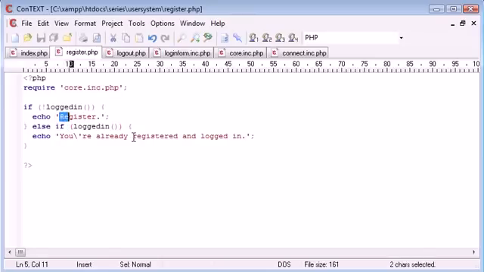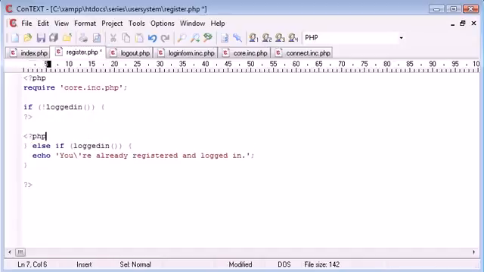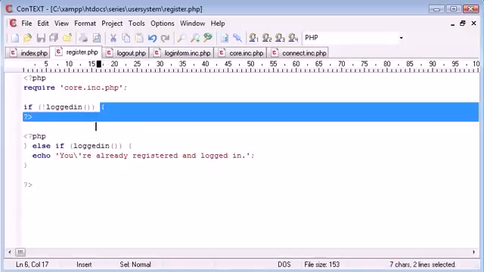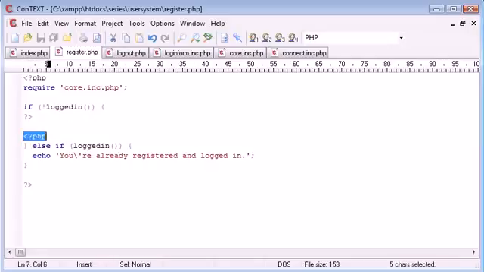So let's escape out of PHP first of all to create our form. We don't want to be echoing our whole registration form, because that could be too much data to echo out, it's going to start to look messy, and it's going to slow our page down, particularly if we've got a lot of HTML to output. So I'm just going to end PHP there and start up a tag again there. So our if statement block from here to here is still going to work even though we're escaping out and then back into PHP. So let's just demonstrate that by writing